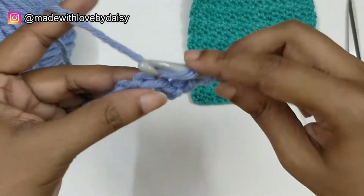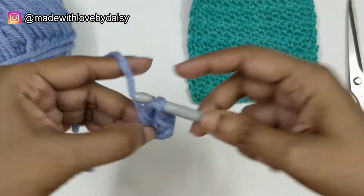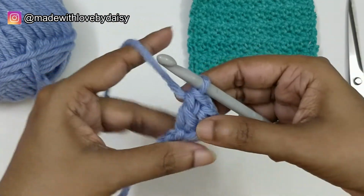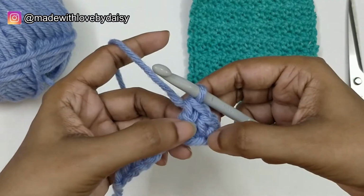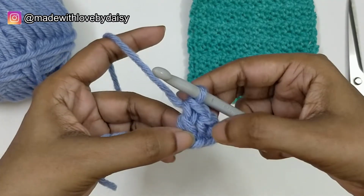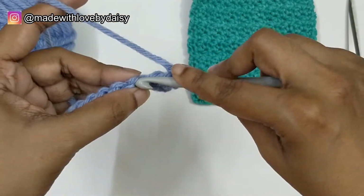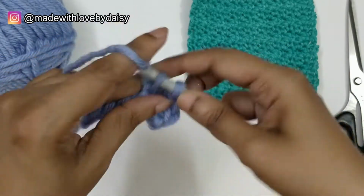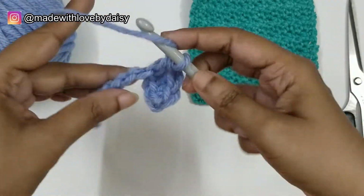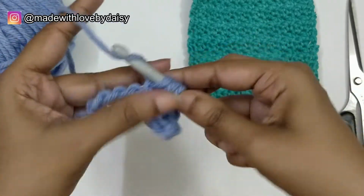In the very next stitch, make a double crochet. So this is the basic stitch of the lemon peel pattern. It's single crochet, double crochet, single crochet, double crochet. So single crochet in the next chain, and a double crochet in the next chain,